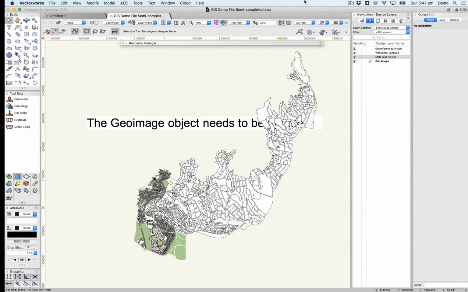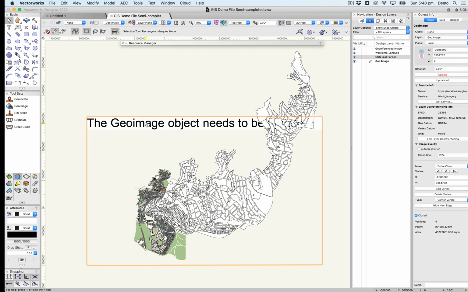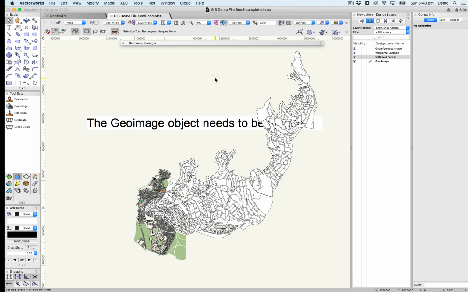As I mentioned earlier in the video, if you have used GeoImage objects and you close and reopen the file, the GeoImage objects will need to be updated when you open the file again. And doing that is simply a matter of selecting one of the GeoImage objects and then clicking either update if there's just one object there, or if there are multiple GeoImage objects, you can click update all. I'm not going to do that at the moment just because you'll see more clearly what I'm about to do,